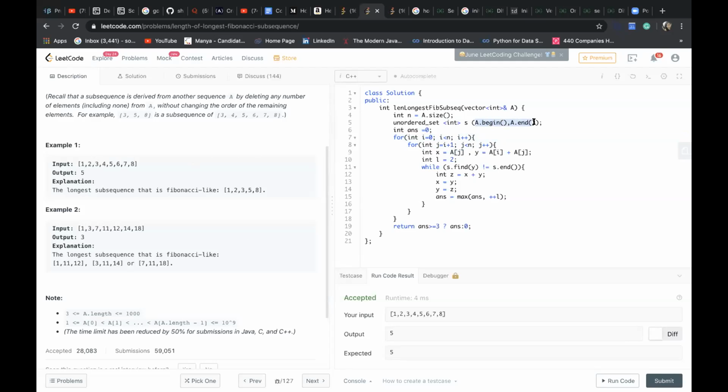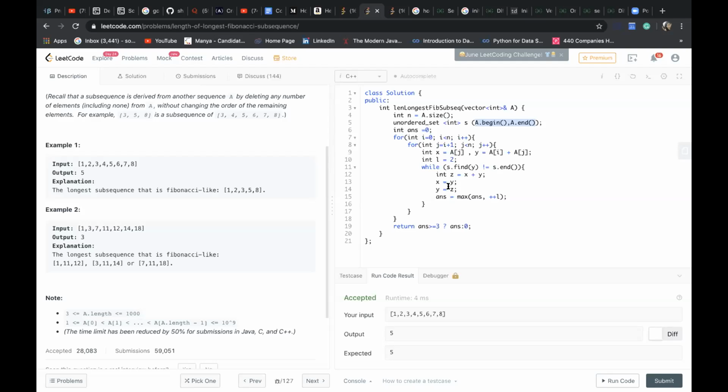I initialized the set with the array already given, and using this I calculated y: it will be 1 plus 2, that is 3, and I'm finding it in the set. If I find 3, then I just add 2 plus 3, that is 5.